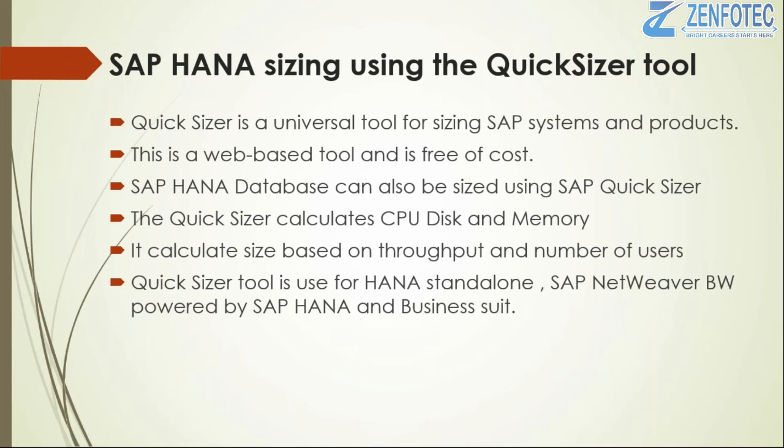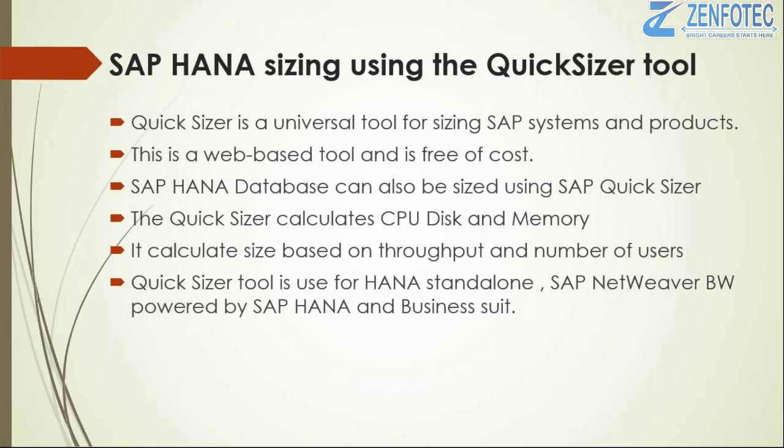So you are using HANA as a database and as an application. I explained in the first lecture, the HANA database is a two-tier architecture. One is the database, and another is the application. So we have the XS engine. The XS engine provides the application server, so it provides the development platform for application developers. Application developers can build their applications in the XS engine. So that is nothing but the standalone HANA database sizing.